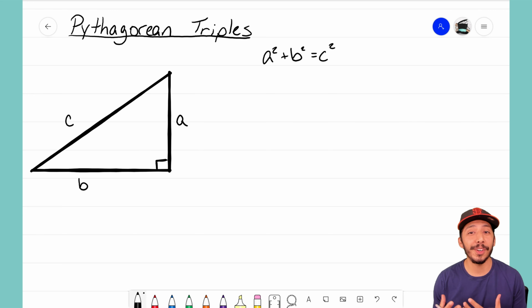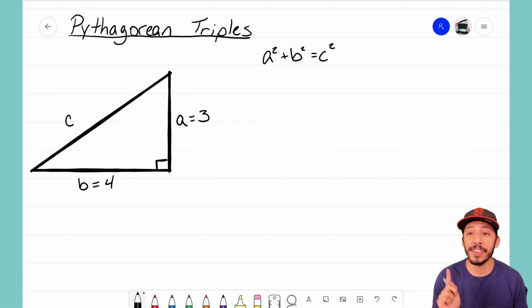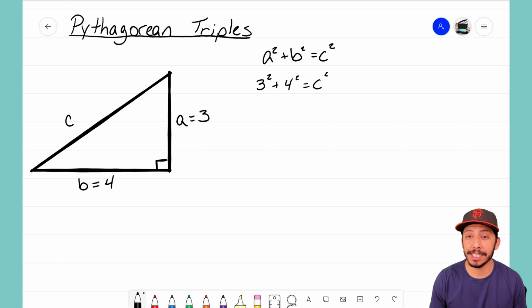So I want to give you a quick example of how we can use Pythagorean's theorem to solve for an unknown side on this right triangle. I'm going to let a equal 3 and I'm going to let b equal 4, and I want to use Pythagorean's theorem to help us solve for this unknown side, our hypotenuse, c. So I plug in 3 for a, 4 for b, so I end up with 3 squared plus 4 squared equals c squared,